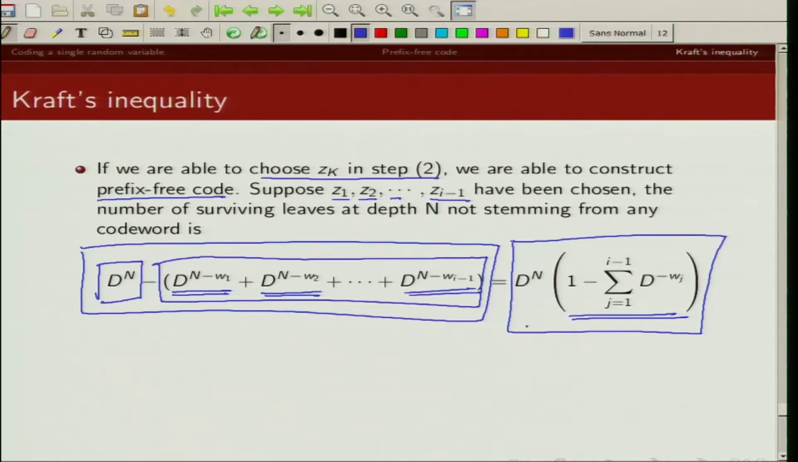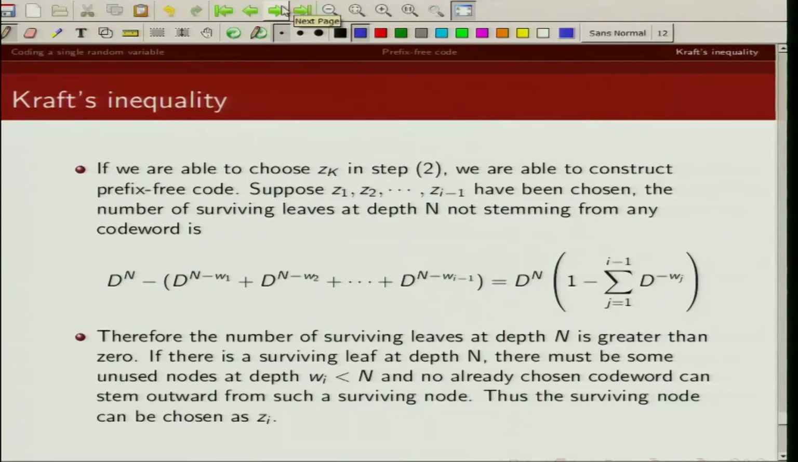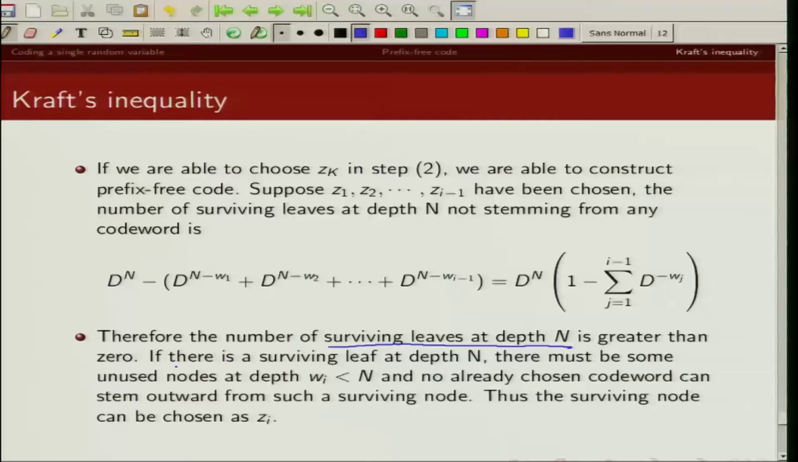So you can see that if Kraft inequality is satisfied, this quantity is greater than 0. So there are still leaves left. So there are surviving leaves left at depth n, which is greater than 0. And if I have leaves left in my DRE tree, I can always map my prefix-free code to such leaves. So if there is a surviving leaf at depth n, there must be unused nodes at depth wi, which is less than n. Why? Because